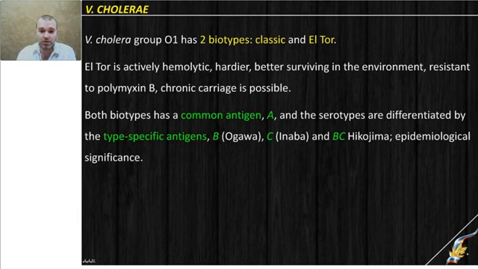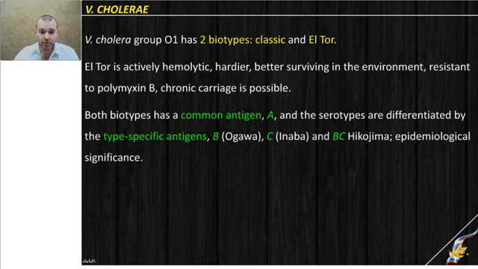Diseases caused by the El Tor strain are more aggressive, the bacteria are hardier, more adapted to environmental conditions, and resistant to some antibiotics, to polymyxin B for example, which is used for differential diagnosis on petri dishes in the lab. And in the case of El Tor, some cases of chronic carriage were described, so it is possible to have asymptomatic people who can spread the disease in the community.